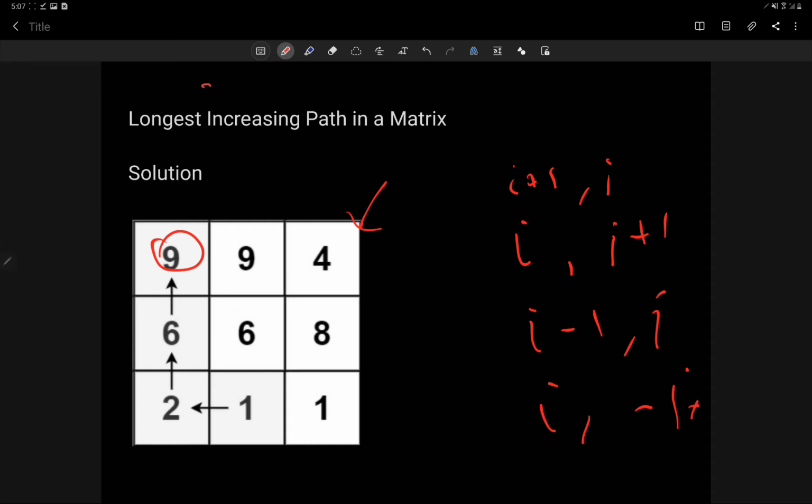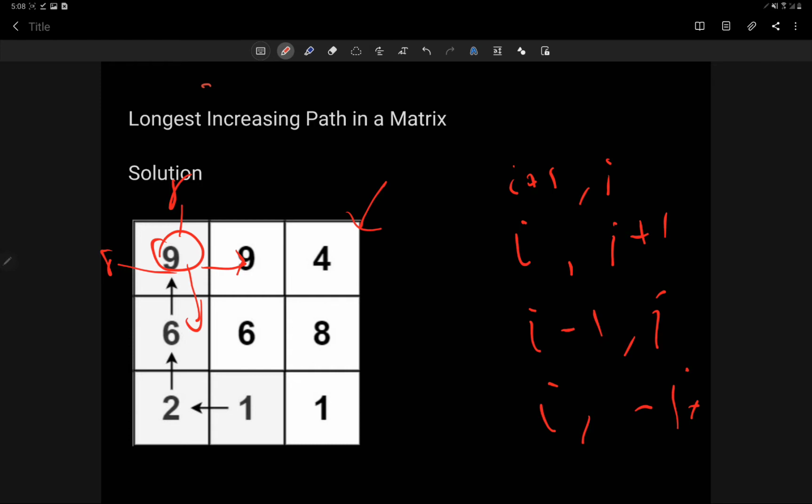If the neighbor's value is greater than the current position's value, so we have an increasing sequence, then we move to that point and search its 4 neighbors again.